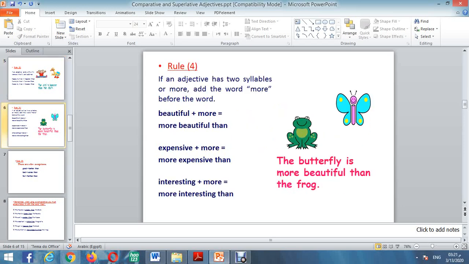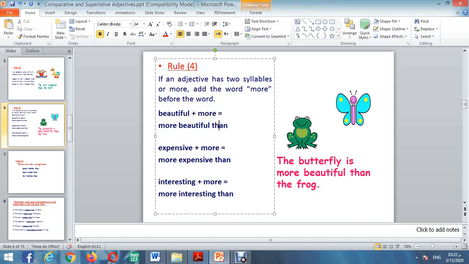Rule number 4, if an adjective has 2 syllables or more, or we can say it's a long adjective, consisting of 2 syllables or more. Example, here's the word beautiful. Beautiful has 3 syllables, so it's long. We can't add the er to it. What can we do? We use more before the long adjective. So more